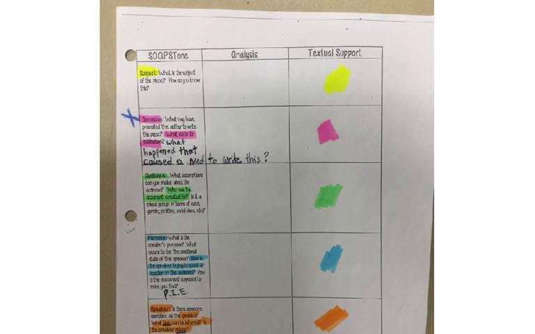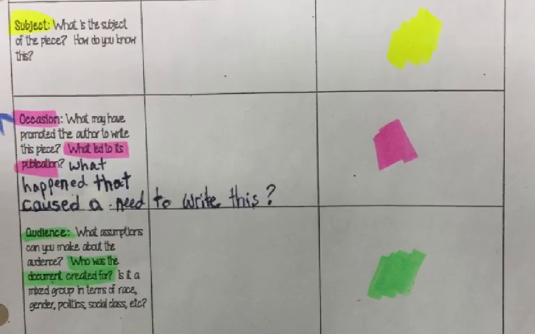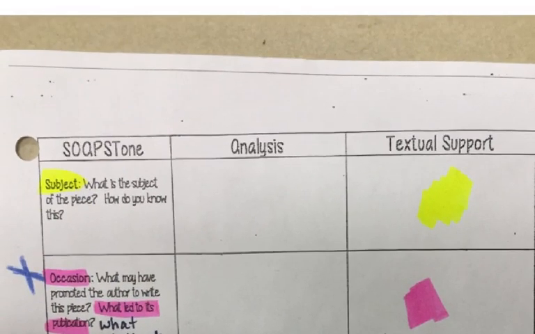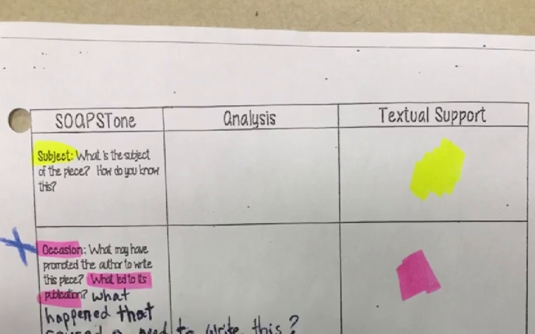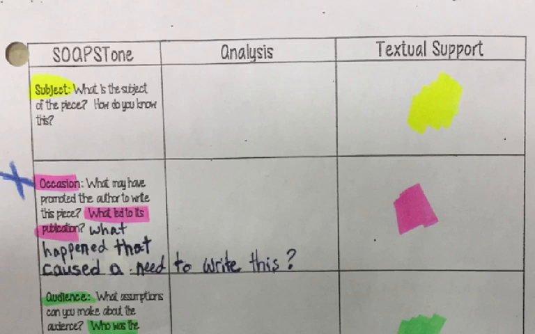The next thing that we need to do is identify the colors and get your answer sheet set up. So go ahead and take the yellow highlighter, and you don't need to color in the whole box, just put a little bit of yellow in this area, because remember, we don't write answers in this box because we're going to highlight the evidence so that you don't have to write anything out. Occasion is going to be pink, so you can go ahead and put a pink little mark in this box